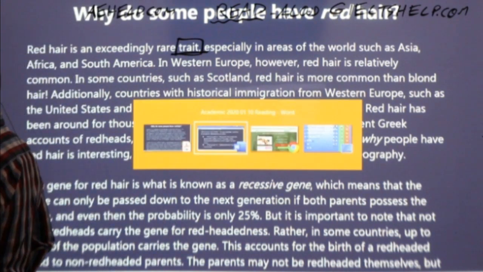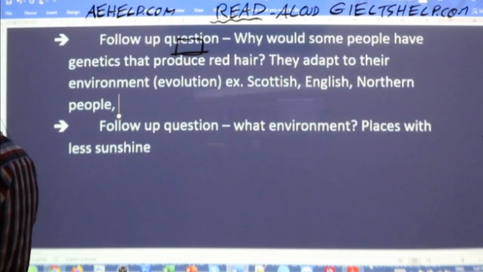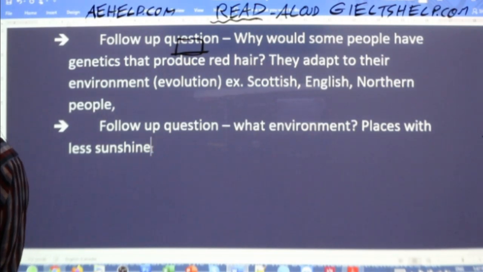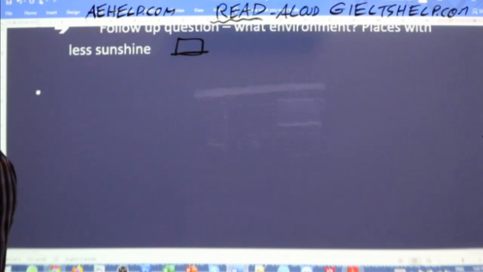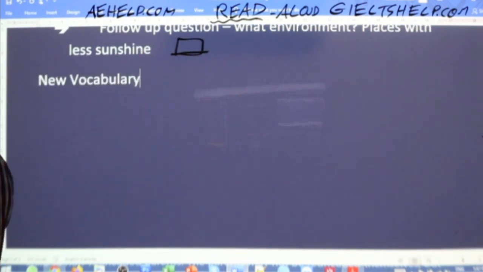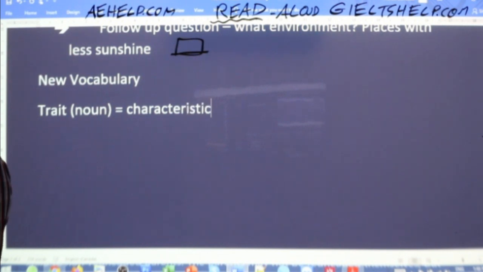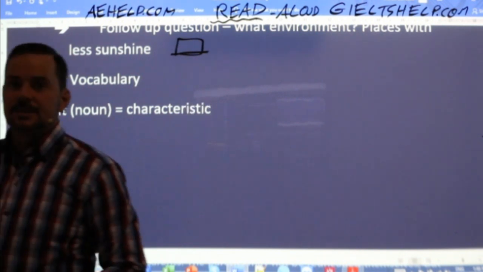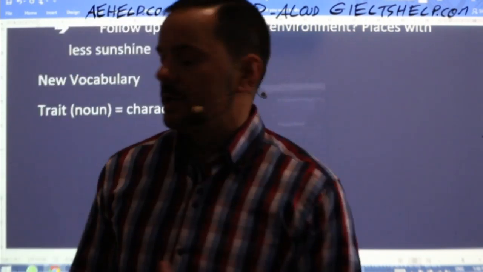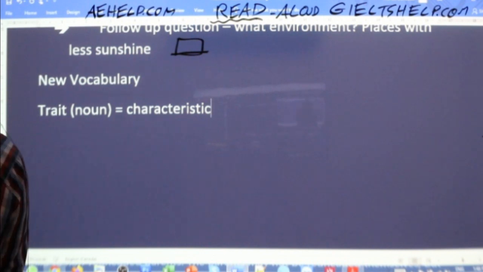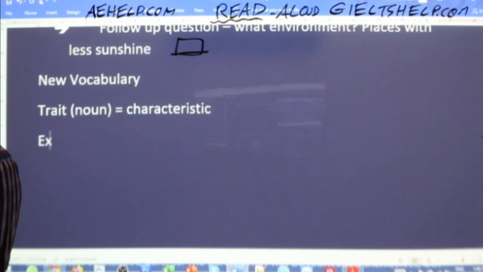Then in your vocabulary book, so you should do this, read the paragraph and then do this after. So, you write the word trait. You realize that it's a noun. Then you give the definition. It means characteristic. So it means it's something that is a part of you. It's your characteristic.